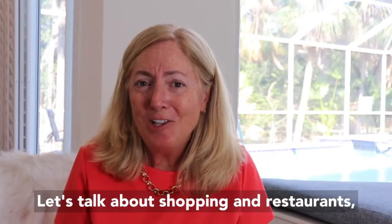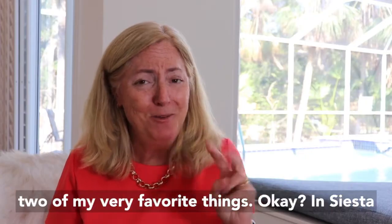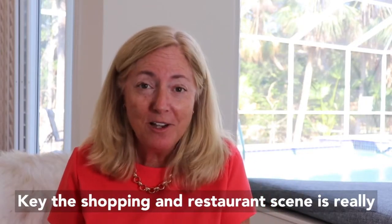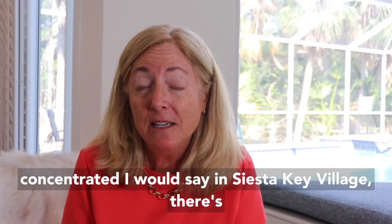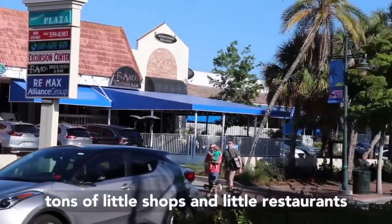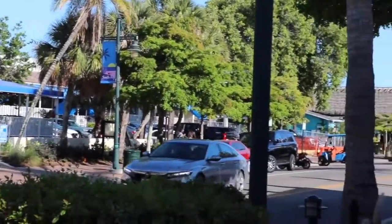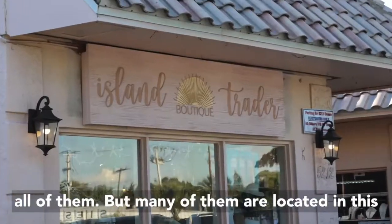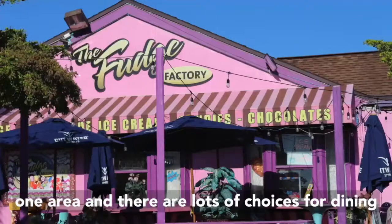Okay, next, let's talk about shopping and restaurants. Two of my very favorite things. Okay, in Siesta Key, the shopping and restaurant scene is really concentrated, I would say, in Siesta Key Village. There's tons of little shops and little restaurants, and they're all located in this one area. Not all of them, but many of them are located in this one area, and there are lots of choices